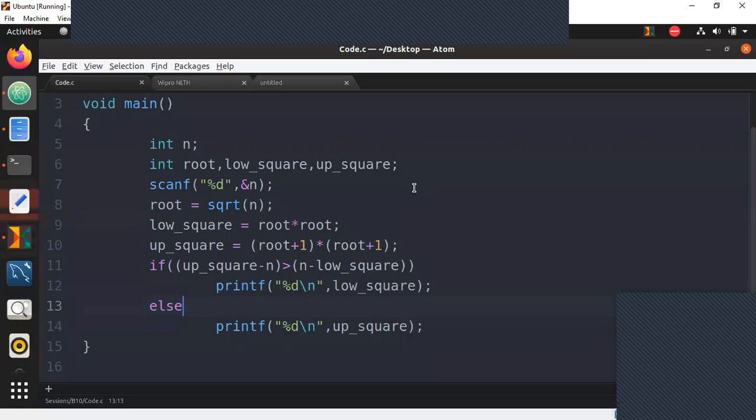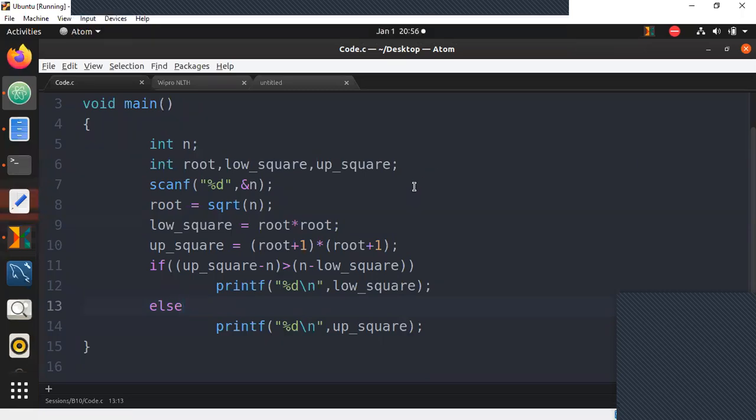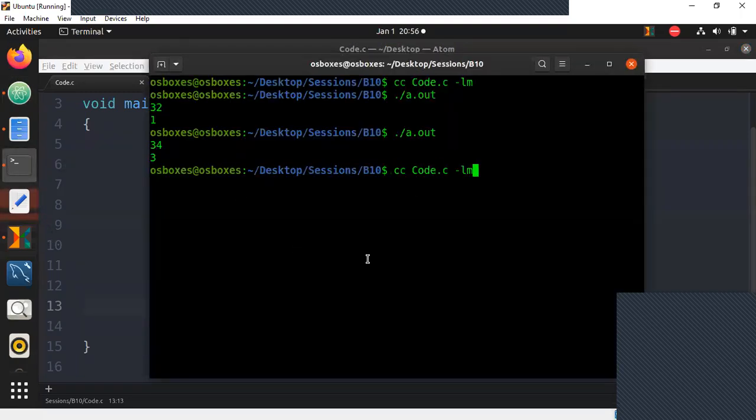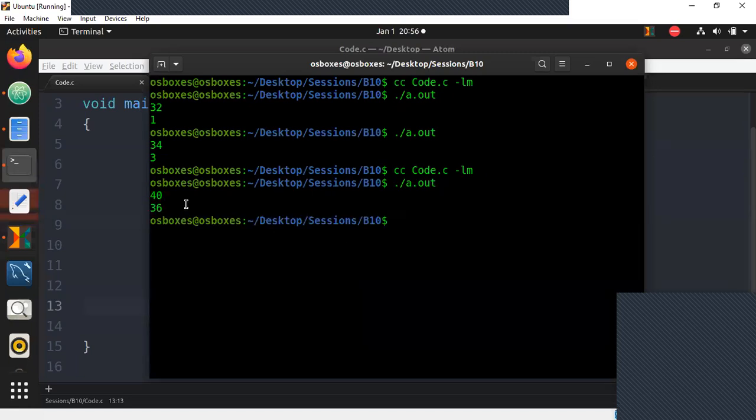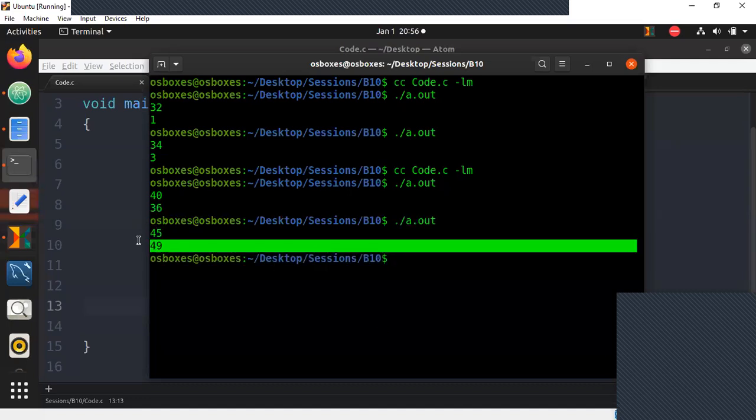Now, if this is easy, I'll show you guys a couple of test cases where we may go wrong in this. So let's compile and run this. When I run this, if I give 40, I get closest perfect square as 36. If I try 45, I get closest square as 49.